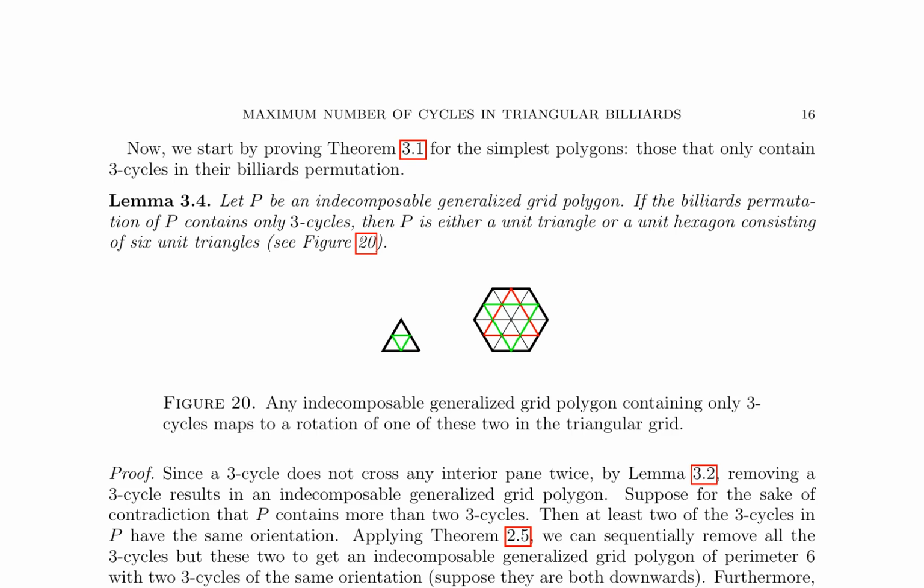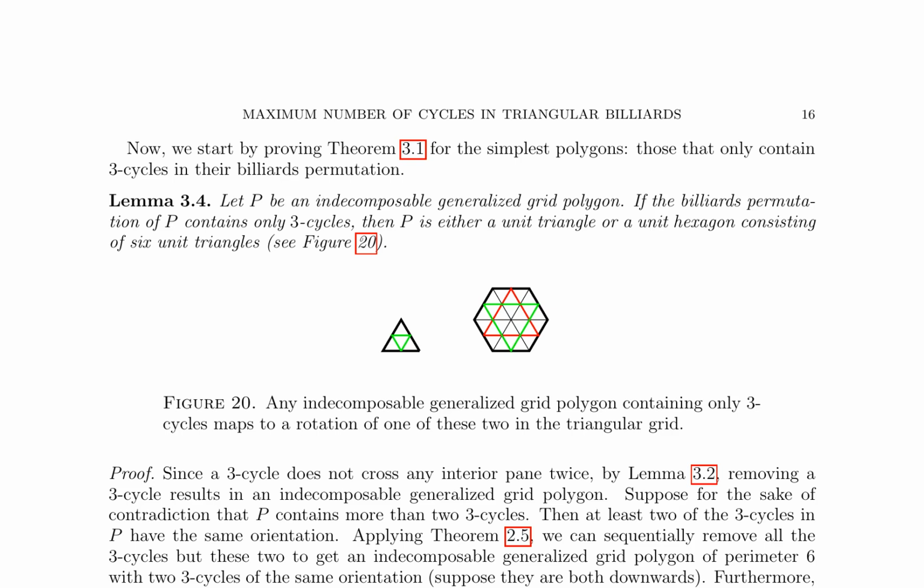The proof of lemma 3.4 involves demonstrating that if a polygon contains more than 3 cycles, then at least 2 of these 3 cycles have the same orientation. By applying theorem 2.5, the authors can sequentially remove all the 3 cycles except for these 2, resulting in an indecomposable generalized grid polygon of perimeter 6 with 3 cycles of the same orientation. They then demonstrate that none of the 15 possible boundary loops can admit a cycle structure with 3 cycles of the same orientation,